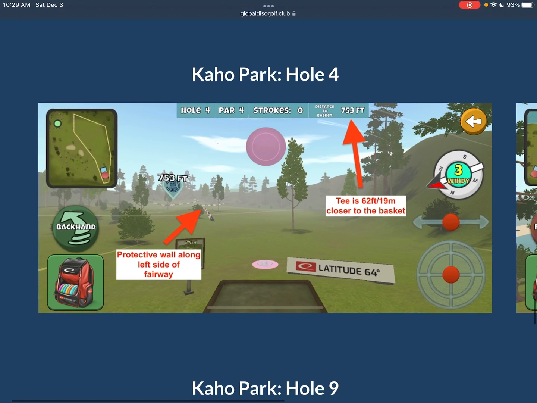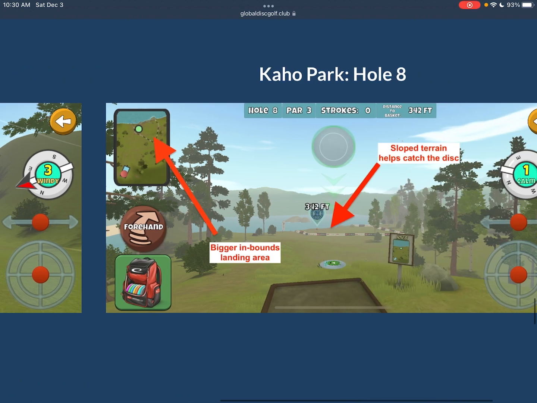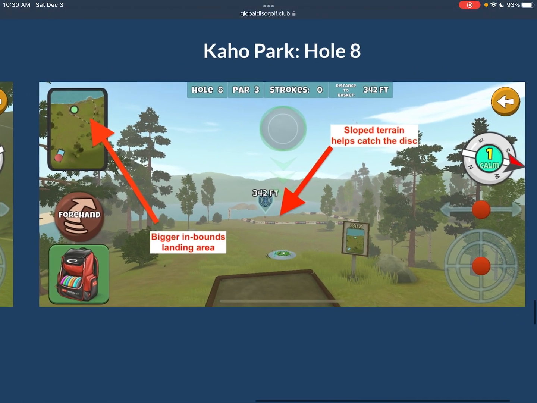Kehoe Park, hole 4. Wow. Yeah, this one. I don't know. It's much closer now. Birdies are way easier. And with the protective wall, you can do a roller now a little easier on the first shot if you want, and challenging winds. So yeah, I'd say that one got significantly easier,